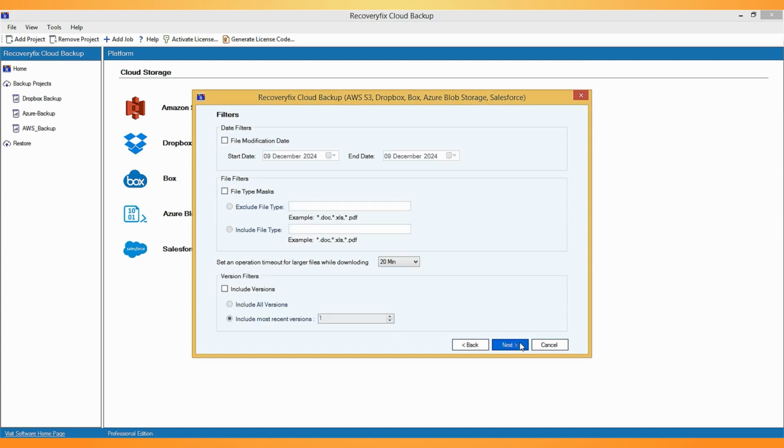On the Filters page, select the filters that seem appropriate according to your choice. The filters available include Date filter, which defines a date range for which you want to extract Azure Blob Storage Backup. File filter, to mention if you want to include or exclude any particular file format from the backup. Version filter allows specifying particular file versions you want, or include all versions in the backup generated. Set an operation timeout for larger files while downloading; it skips, halting the process that takes a long time to back up